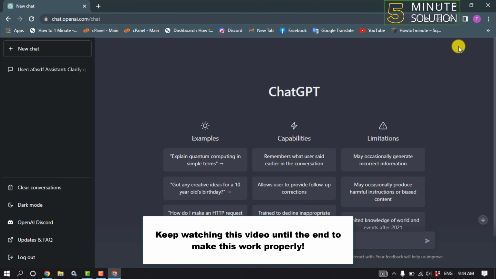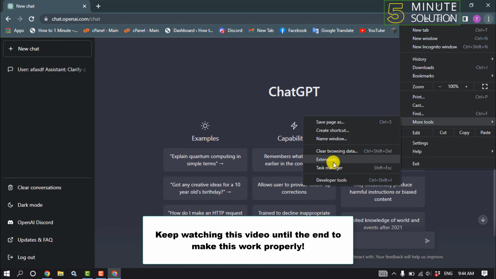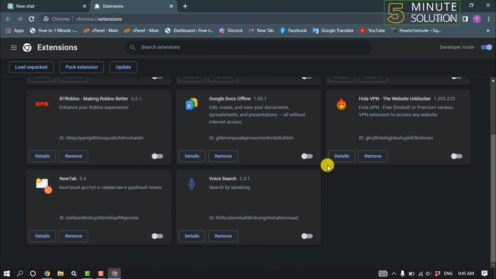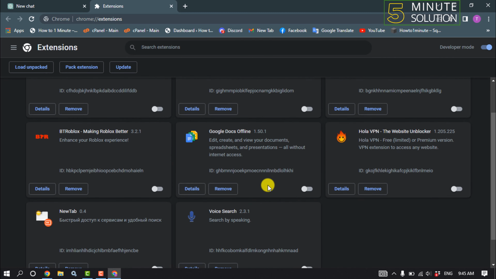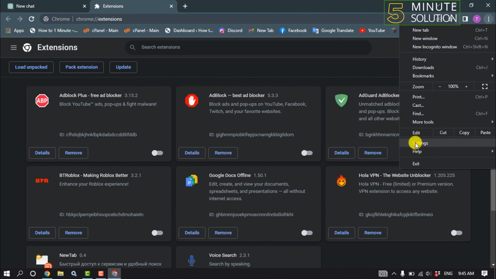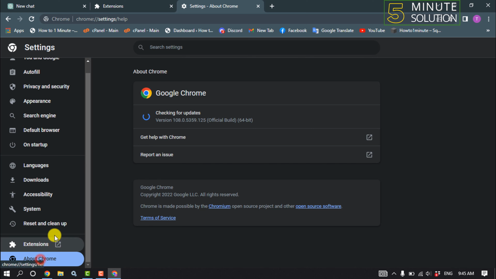So open your browser and tap on this three dot, click on more tools, click on extensions, and all you need to do is disable all of your extensions here. And then again click on this three dot, click on settings and click on about Chrome and make sure to update your browser here. Then click on privacy and security,